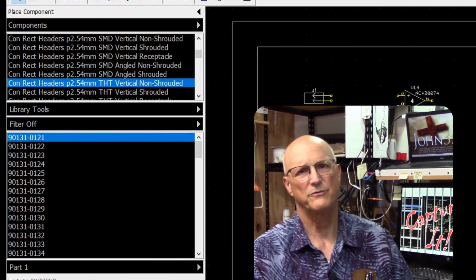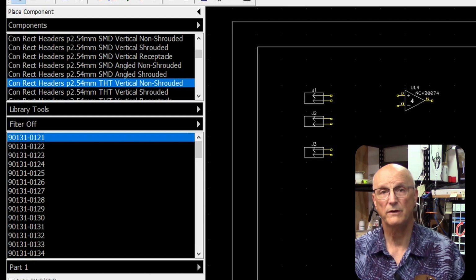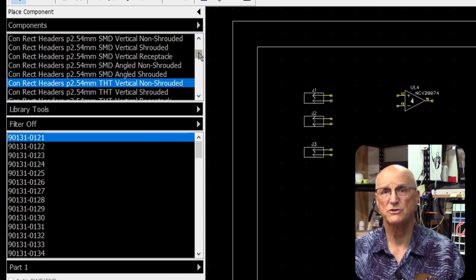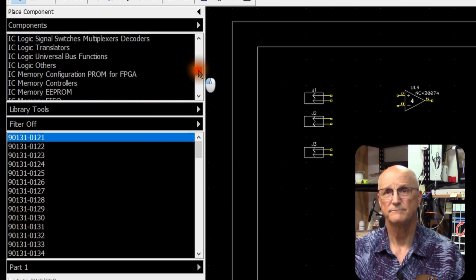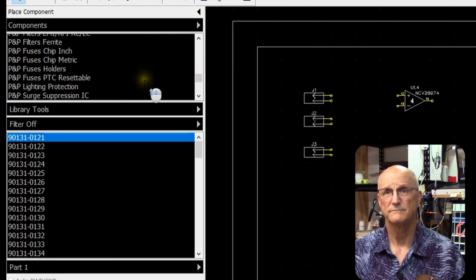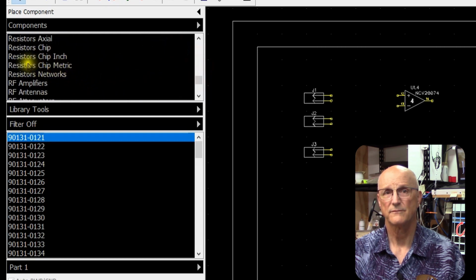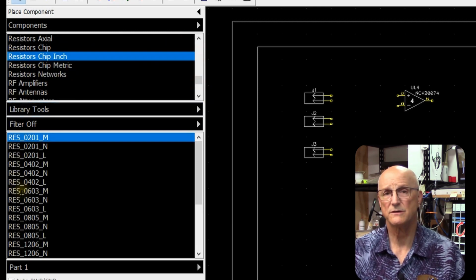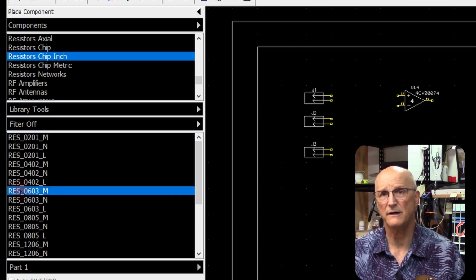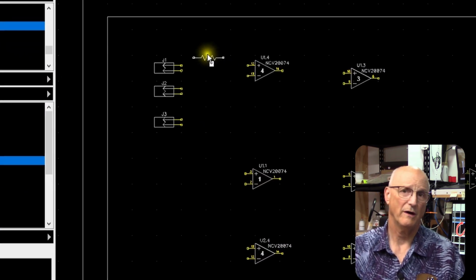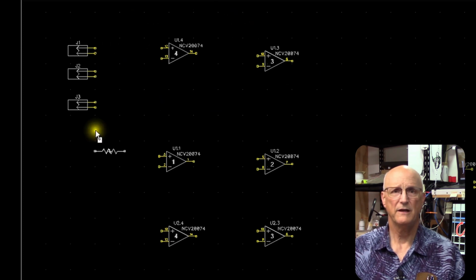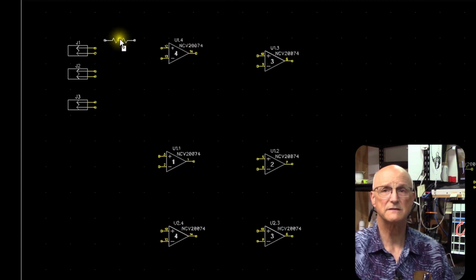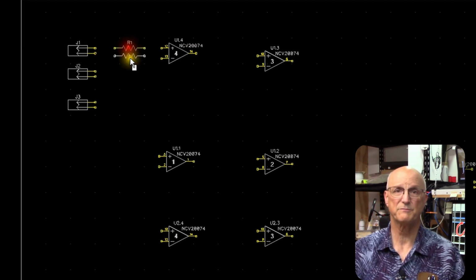So I'm going to start with the resistors. I've selected the components library group. I navigate down to the resistors chip inch library. I now locate the RES_0603_M component and click on it. When I return to the schematic window, I'm dragging my resistor with me. The input amplifier requires 6 resistors, so I drop 6 instances in the appropriate spots around the respective op amps